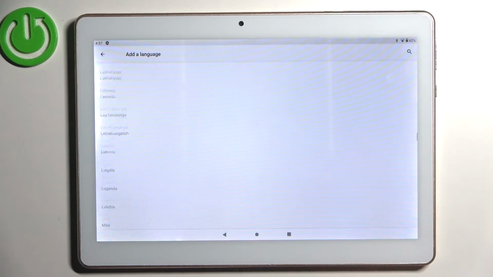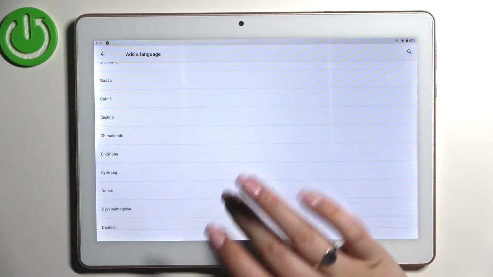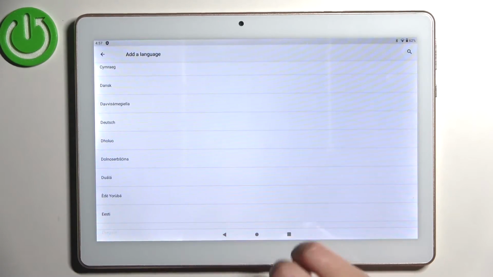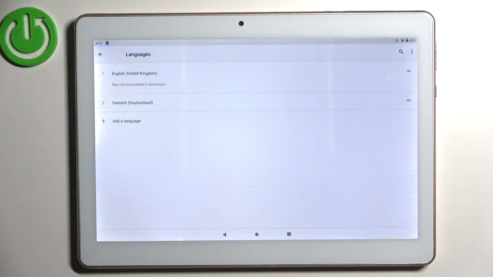So basically all you have to do is to simply find the language you'd like to set and tap on it. So let me pick something like maybe German. So let's tap. As you can see, here we can also pick the region, so the same situation, just tap on the one you'd like to use. As you can see, it has been immediately applied to this list, but still English is a main one,